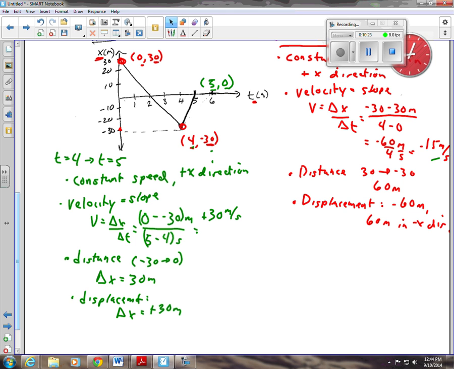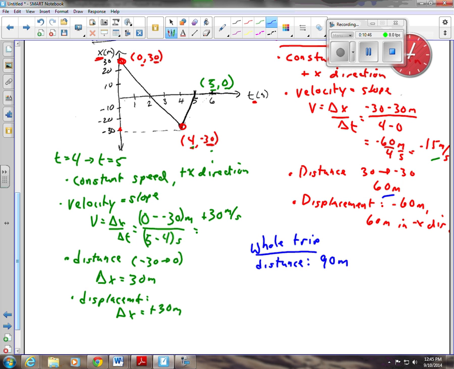Now, we'll do one more color for the whole trip. I can find distance for the whole trip. Remember, for distance, direction doesn't matter. So first he went 60 meters, then he went another 30 meters. That means he went 90 meters altogether. For my displacement, now direction does matter. I went minus 60 meters at first, or 60 in the negative direction, and then I went 30 meters in the positive x direction. So altogether, the displacement is negative 30 meters